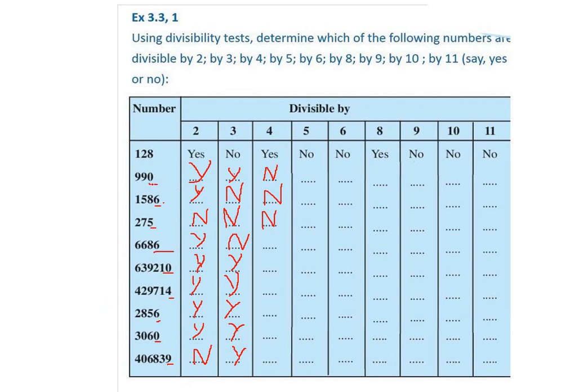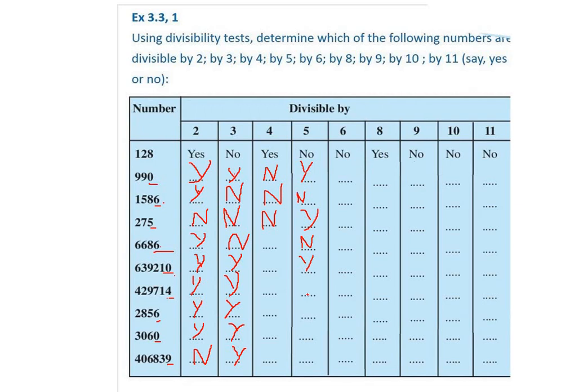So directly just see, if it is 0 we are going to write yes, because only zeros and only 5s at the units place make the whole number divisible by 5. Here the last number is 6, so we are going to write no for it. The last number here is 5, so yes, possible. So the given whole number 275 is easily divisible by 5. Here the last number is 6, so again no. The last number here is 0, so yes.